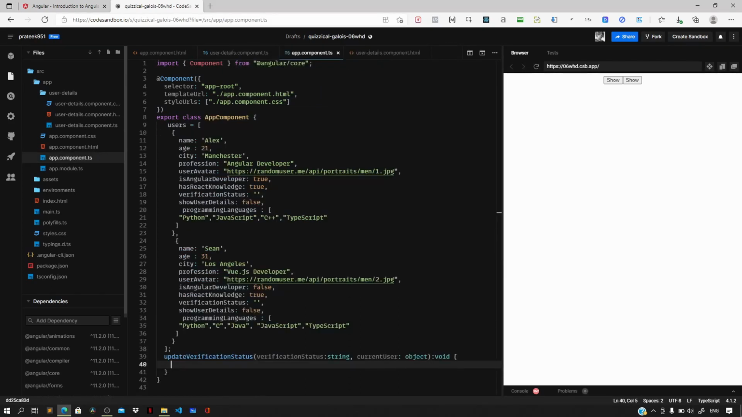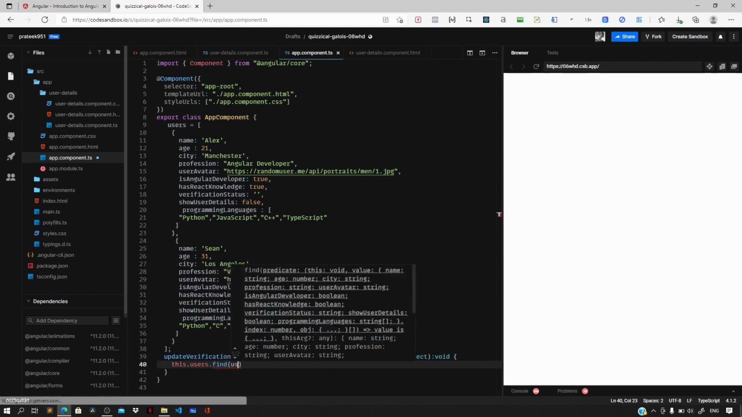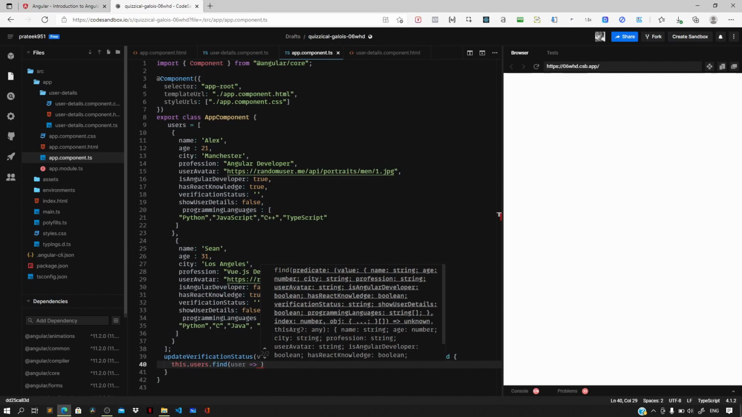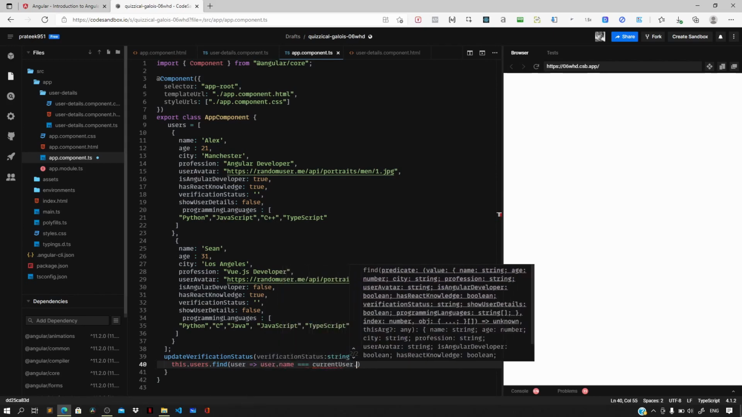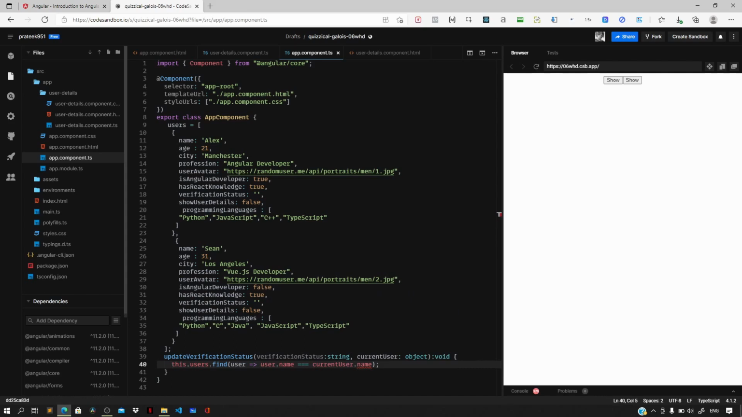Now as a very first step, let's first find the user whose name matches with the current user's name. So the current user that we are getting as the second argument. Let's make use of the find method on the users array. So this.users.find, and for each user, we want only the user whose name matches with the current user's name. So user.name === currentUser.name. Let us store the returned user in a variable, and let's name it as obtained